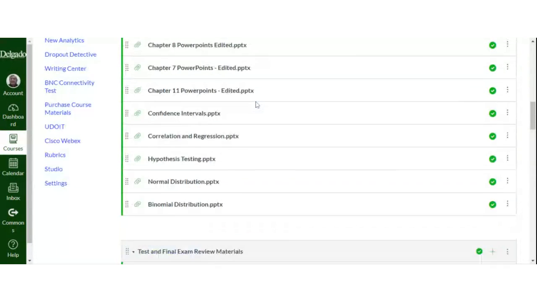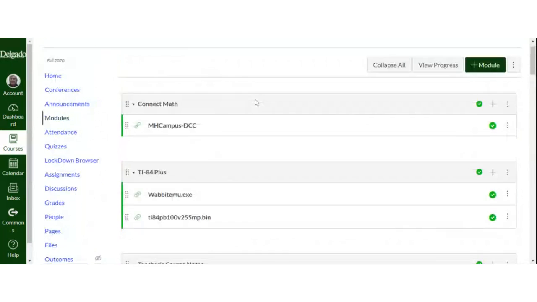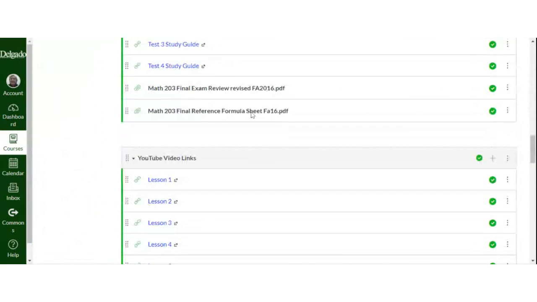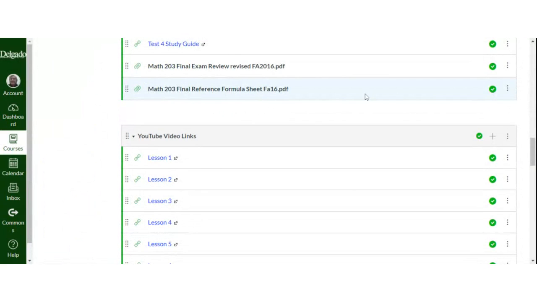It's all the way down, below the PowerPoints. I put that down here because I generally don't tell people about this until you get halfway in the course and start looking towards the final. This boils it down to the most important things, because people tend to think that if they can look through their book, it will make it easier. But the more stuff you have to look through, the more time it takes away from test time. But if you click on this,